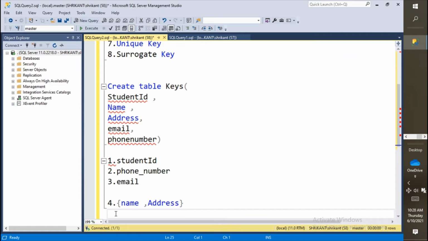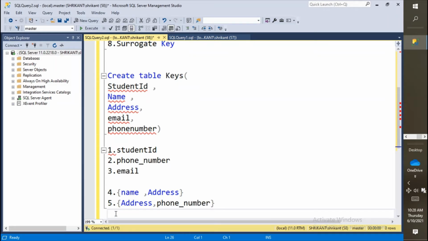Also there is a possibility that address and phone number might represent the uniqueness, because sometimes if one person has two children, one phone number might belong to two records. So this could be possible. I'm just trying to explain the possibilities and the combinations. The exact data we'll talk about if required, but right now just try to understand the definition and the logic behind that. It will help us.